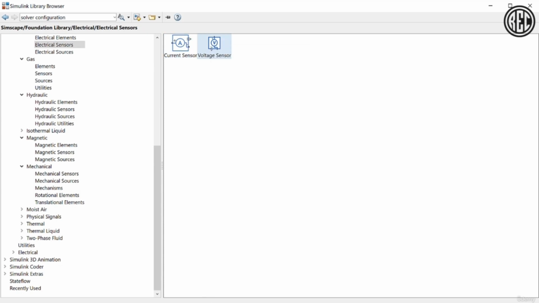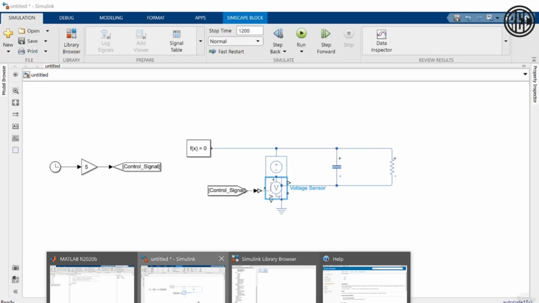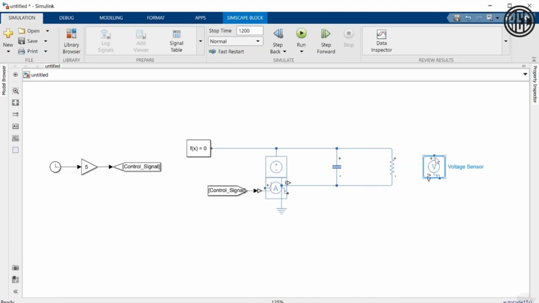So what I'm going to do then is see the measurements for both voltage across the circuit over here, and I'm also going to measure the current that flows from the voltage source. So I'm going to put my current sensor over here. What this is doing essentially is measuring the current that's flowing. Let me move this down a little bit. It's measuring the current that's flowing out of the voltage source,